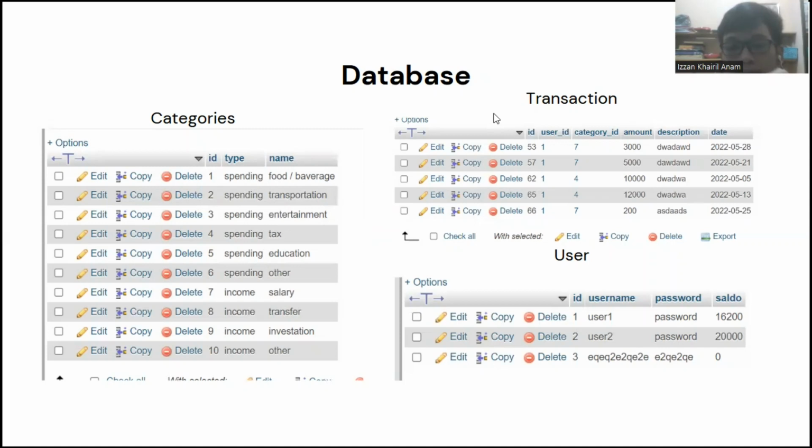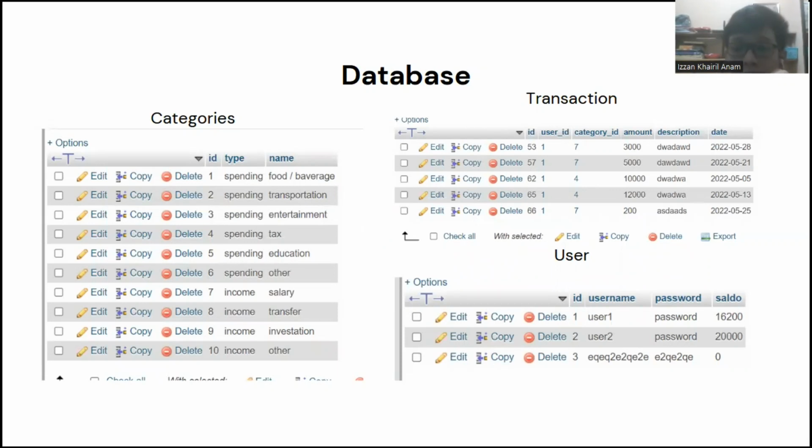For the table transaction, we have two foreign keys. The first one is user ID, the second is category ID. The foreign key user ID is related to table user and has a one-to-many relation. So one user can have many transactions, and one transaction can only have one user.